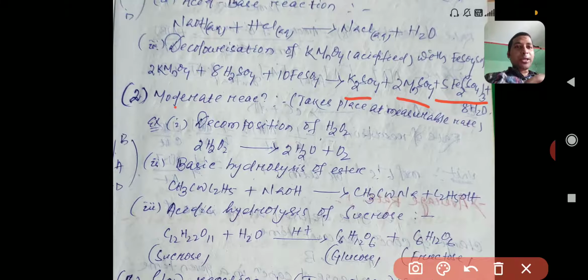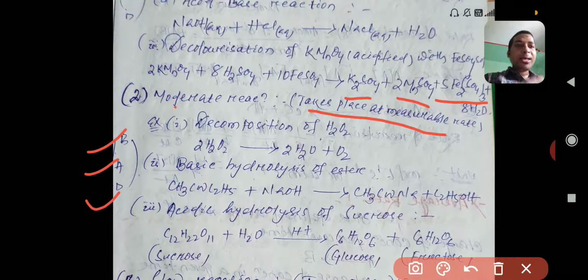Moving on to the next topic, moderate reaction. What is a moderate reaction? Moderate reactions are those that take place at a measurable rate. I have written the definition in short form; you can write the definition as I am saying it. Measurable rate means the reaction takes some time for completion, not a long time, not a very short time, but an intermediate time. So examples of moderate reactions are